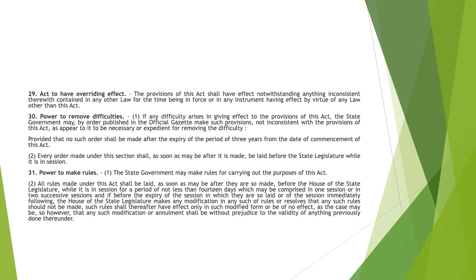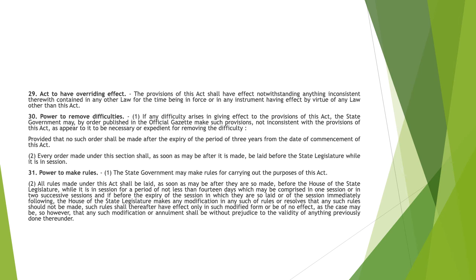Section 31 is the power to make rules. The state government may make rules for carrying out the purposes of this act, and all the rules that are made under this act will be laid, as soon as may be after they are so made, before the house of the state legislature while it is in session for a period of not less than 14 days, which may be comprised in one session or in two successive sessions, and if before the expiry of the session in which they are so laid, or of the session immediately following, the house of the state legislature